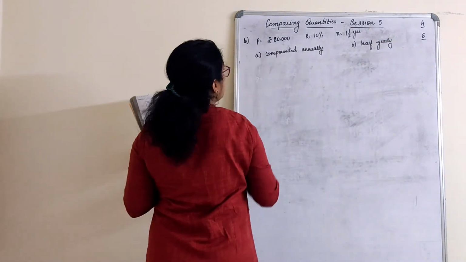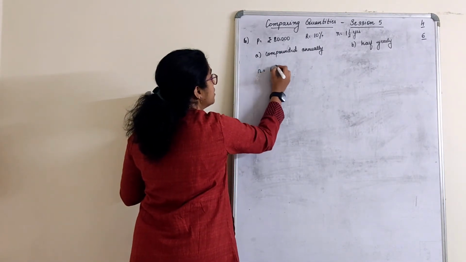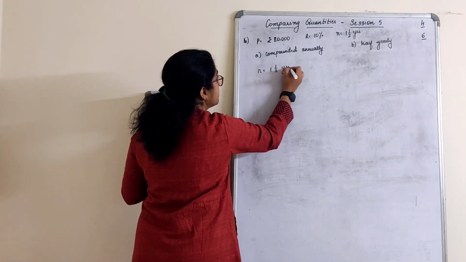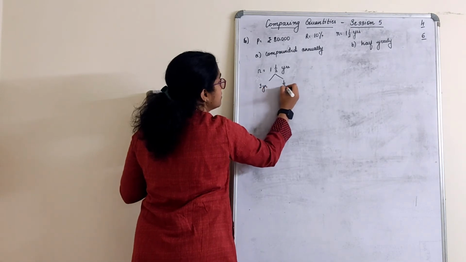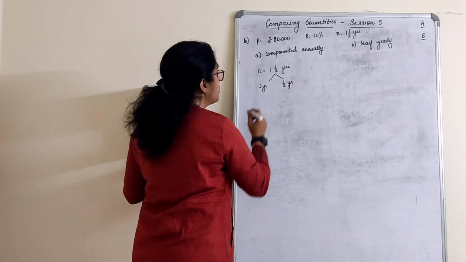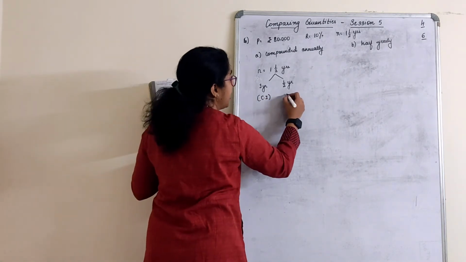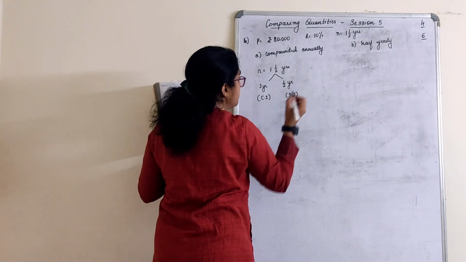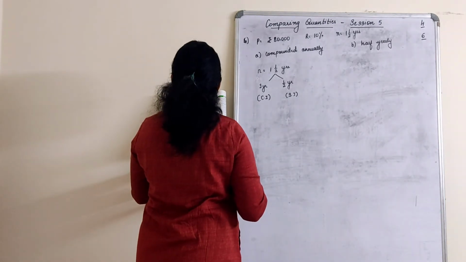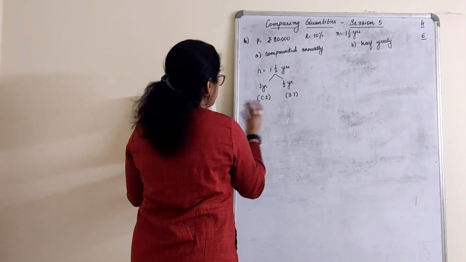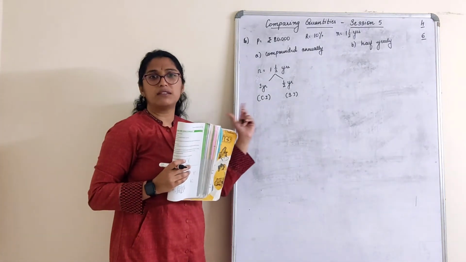Okay, now see what we will do for this. For compounded annually, now n is equal to 1.5 years, right? So we will bifurcate this as 1 year and half year. For 1 year you will use compound interest and for half year you will use simple interest. Right? This is what we had done in the beginning. And find what here? Amount. Final amount only they want to know. You know how to do this type of a sum. We have been doing this in the beginning.